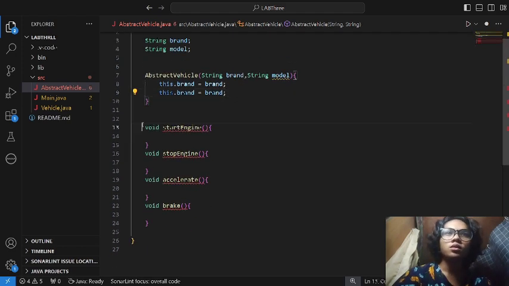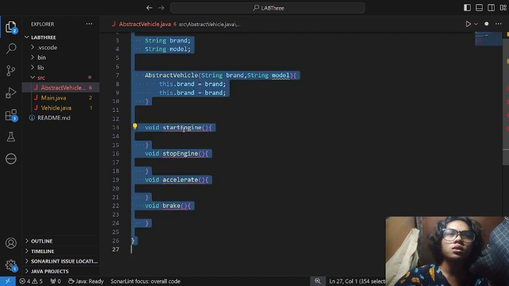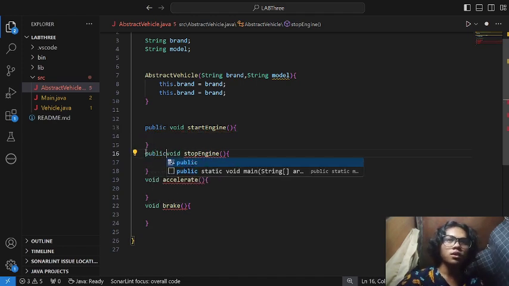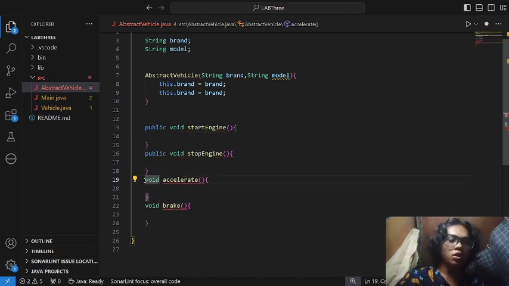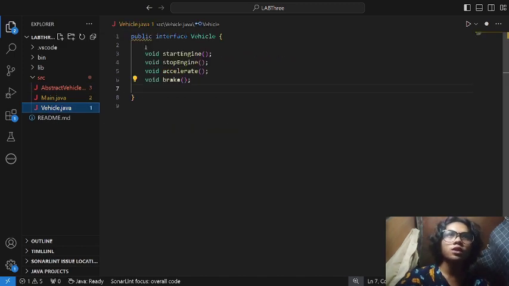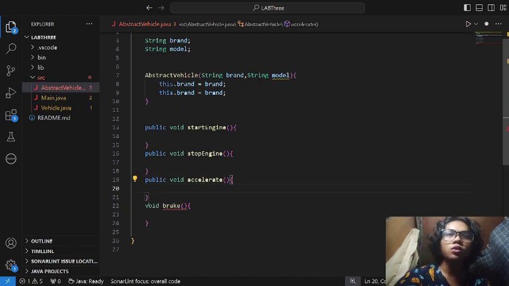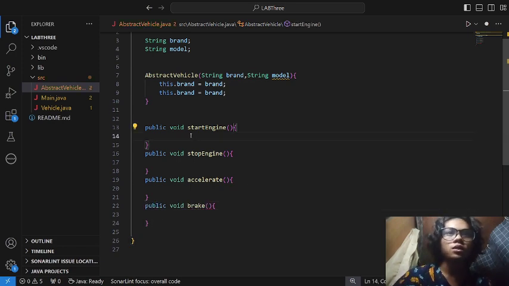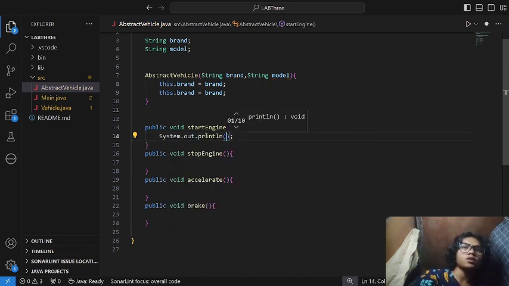Now we're done. So I think it's a get error because we did not input it public like that. Okay, so that's my bad. So if we override the abstract methods here from our interface, we should also create a public modifier so that it could be accessed publicly. So for our start engine, we should implement here that